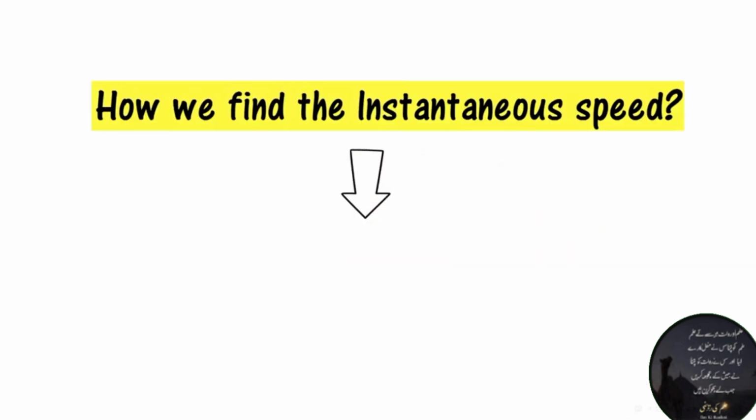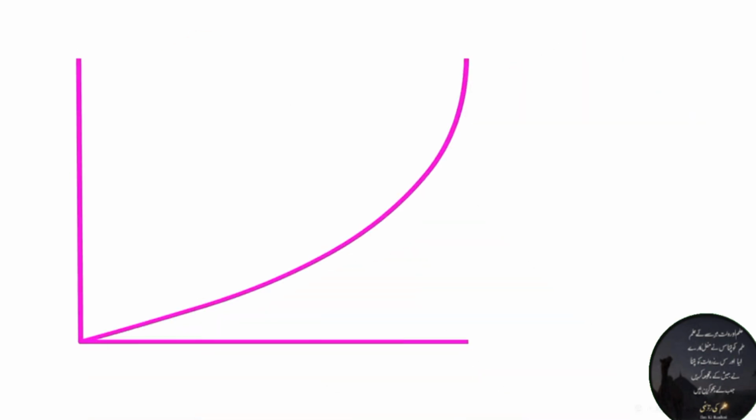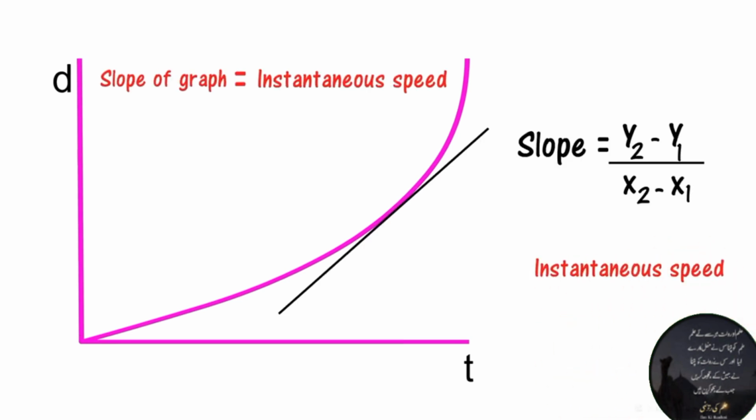Now how do we find the instantaneous speed in non-uniform motion? To find the instantaneous speed in non-uniform motion, we draw a graph. Let me take distance along the y-axis and time along the x-axis, and this is the graph for the motion of a body. Now keep it in your mind, the slope of this graph will give me the instantaneous speed of the body. So y2 minus